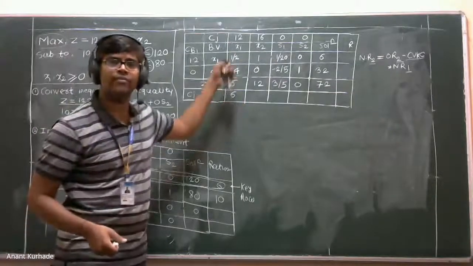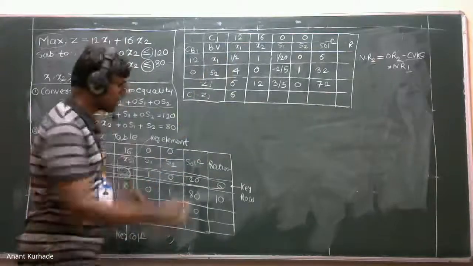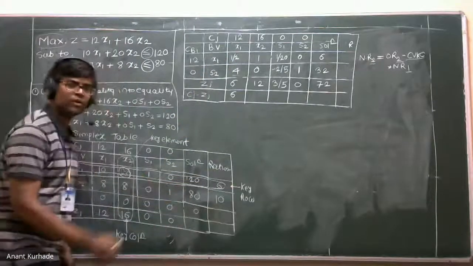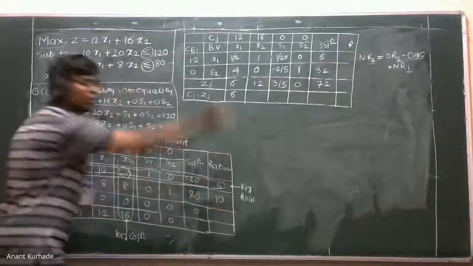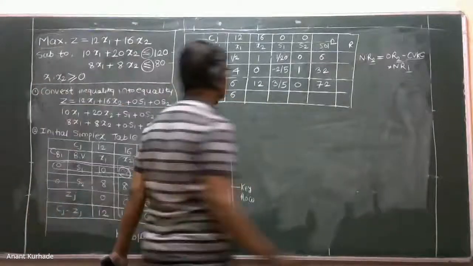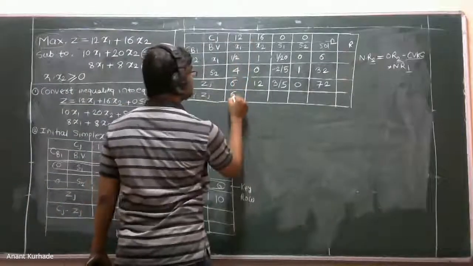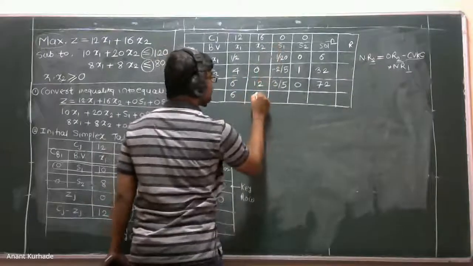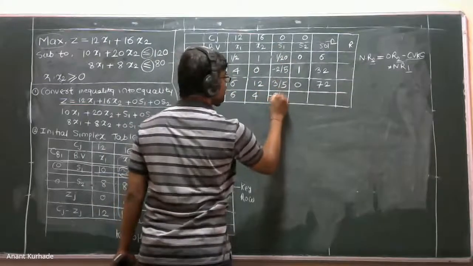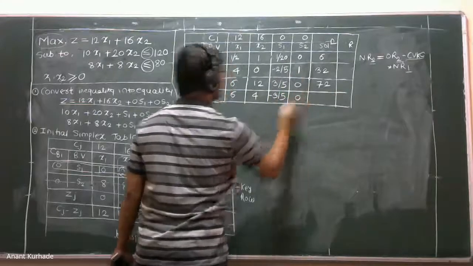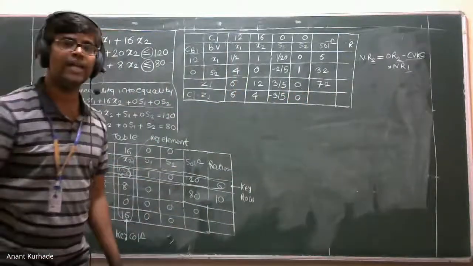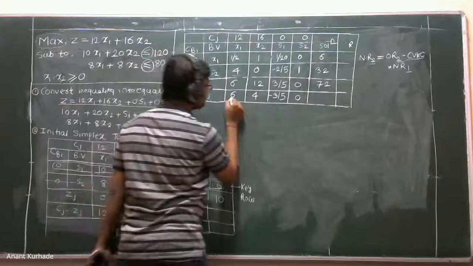Here, you can find first column as a key column. Here also, first row as a key row, 100% you can find second row as a key row in second table. Remember this? So 12 minus 6 is 6, 16 minus 12, it is 4, 0, it is minus 3 divided by 5, it is 0. Now, which one is maximum? While finding key column, we are checking maximum value.